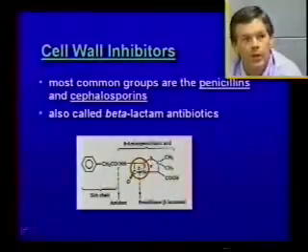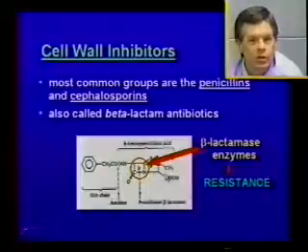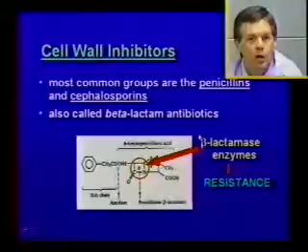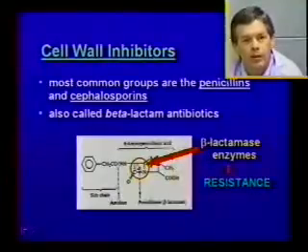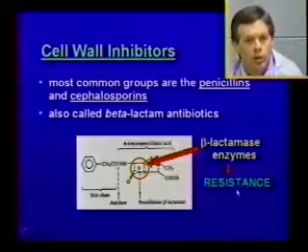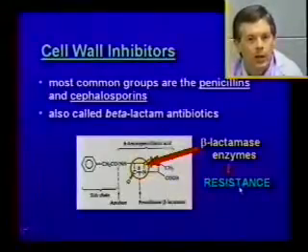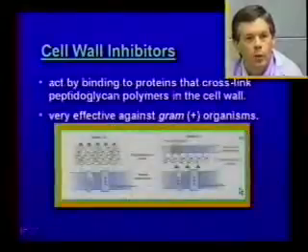Now, the importance of this beta-lactam ring really derives from one very prominent mechanism by which microorganisms develop resistance to these drugs, and that is by the synthesis and formation of large quantities of an enzyme or family of enzymes referred to as beta-lactamases that are able to break this ring and lead to those organisms developing resistance to this class of antibiotics. So this can be a very important mechanism by which these drugs lose their effectiveness in a variety of